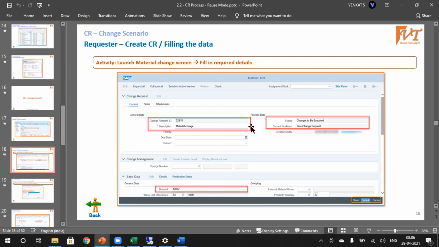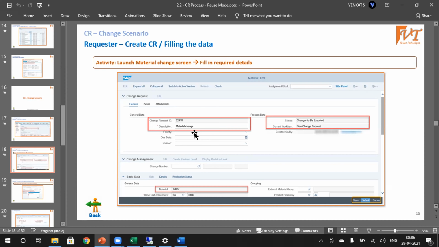And the most important one, I cannot say most important, the frequent one is controlling the access to the UI. In the material section, as we know, we have material general data, material plant data, material descriptions, material storage locations, valuation, all those sections.